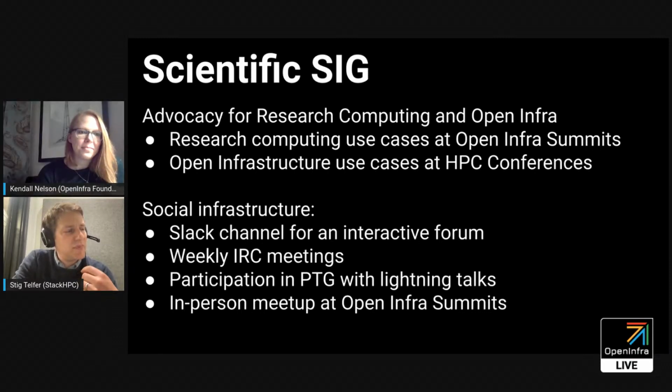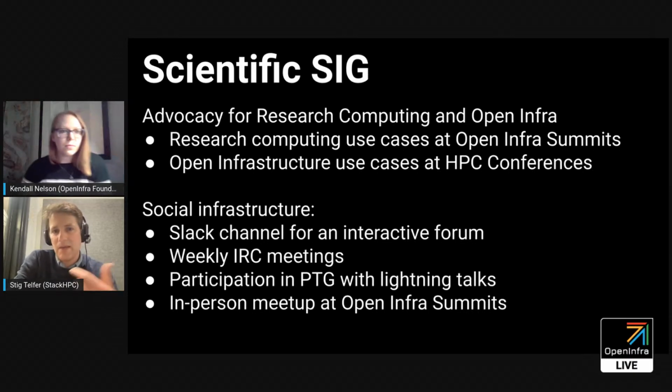Mostly what we do is to bring about this advocacy around the scientific SIG, and to talk about how to use OpenStack for research computing use cases at OpenStack conferences, but also conversely at high performance computing conferences and scientific computing. Mostly we get about through the Slack channel, and we have weekly IRC meetings, which tend to also go ahead. But the real inspiration and the real bonus of the scientific SIG is